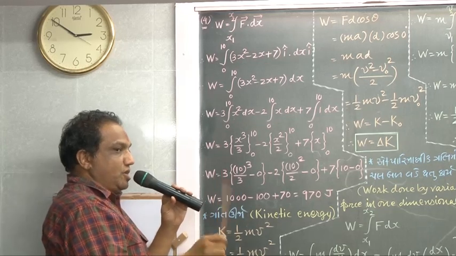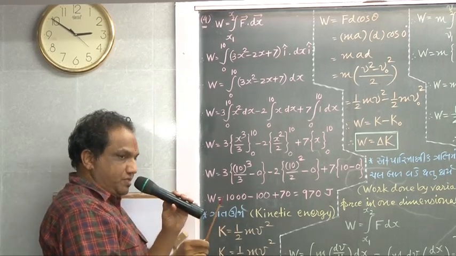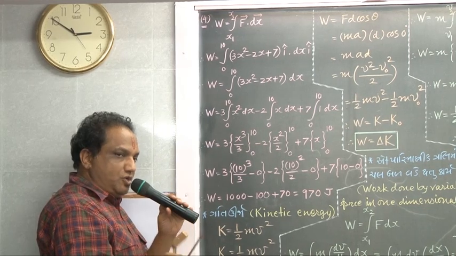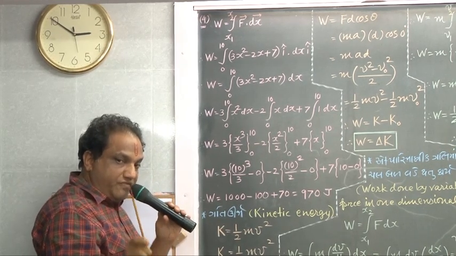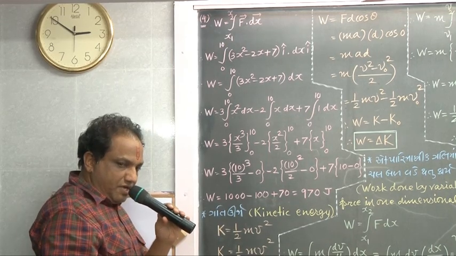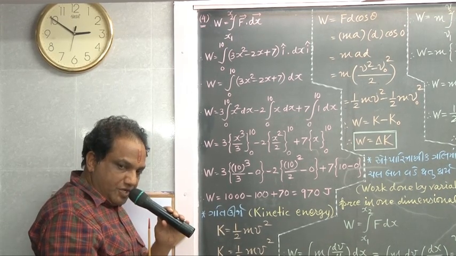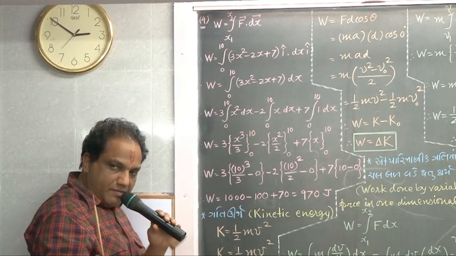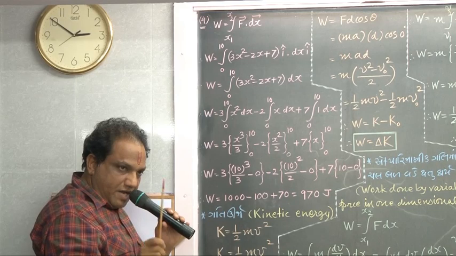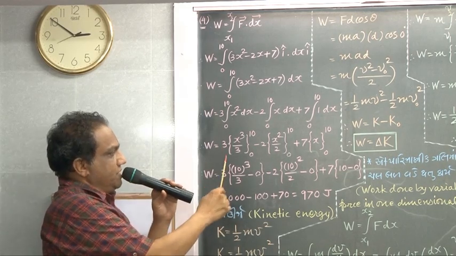There is a special rule for putting the limits. Whenever you require to substitute the limits, remember there is a rule. Upper limit is to be placed first of all. After putting minus sign, you are supposed to put the lower limit. First upper limit minus lower limit. So these 3 as it is.